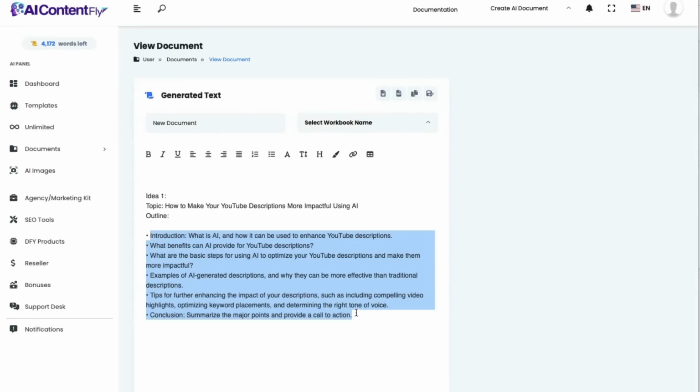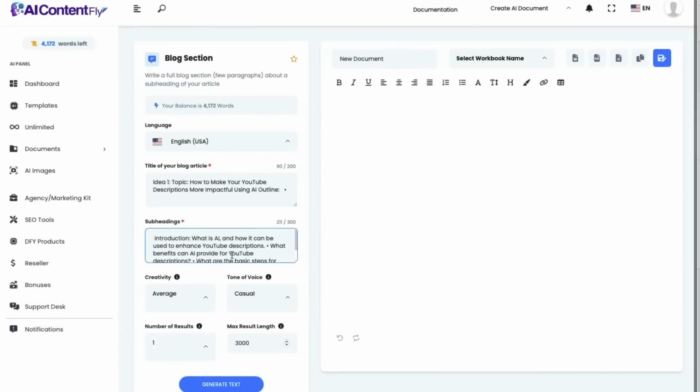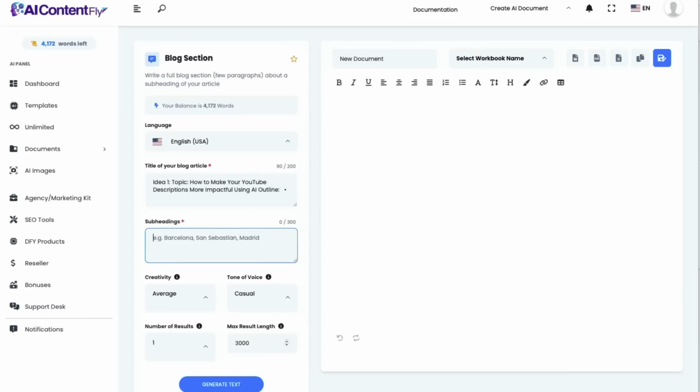Oh, you know what? Now I did that and I just lost what we started doing. Let's see if we can go back. Oh, good. It's still in there. All right, so let's get rid of the subheadings here. We're going to just drop these subheadings in here. And again, we only have